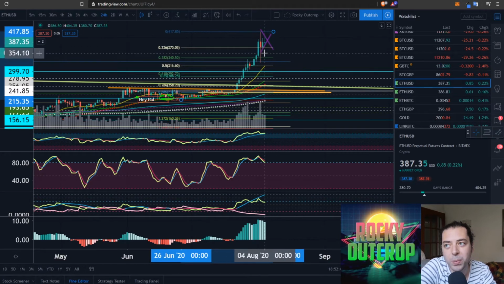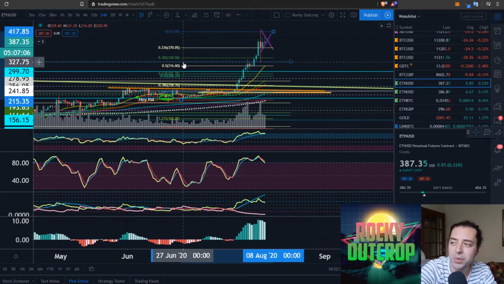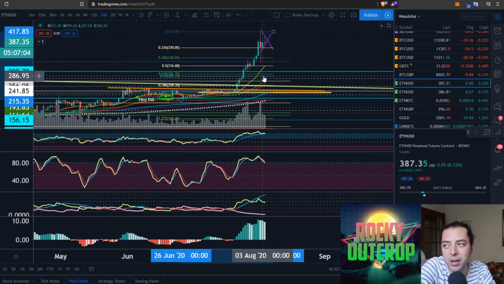But if I'm going to play this more aggressively, then you can use that 350 area as potentially your first profit-taking target, with 340 being the 382. The $316 point there is the 50% retrace line, and the golden pocket comes in there at 286, 292, all of which are a possibility. We have somebody in the Discord at the minute calling for 275.